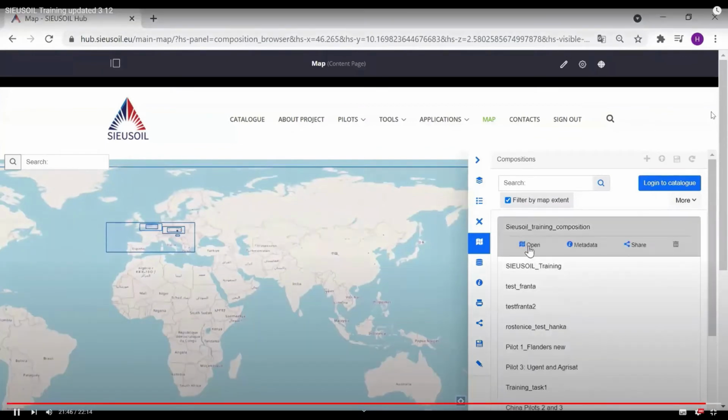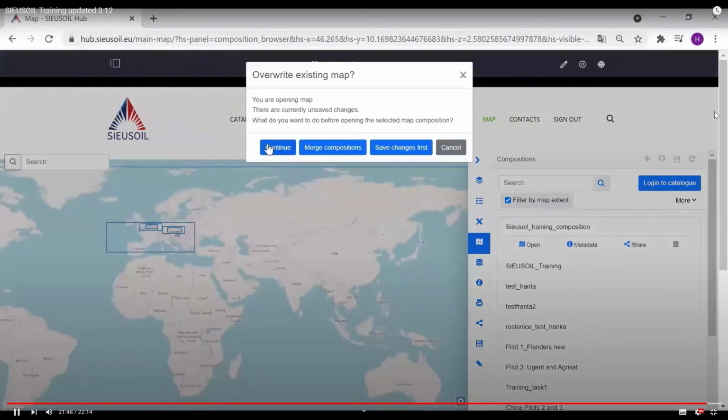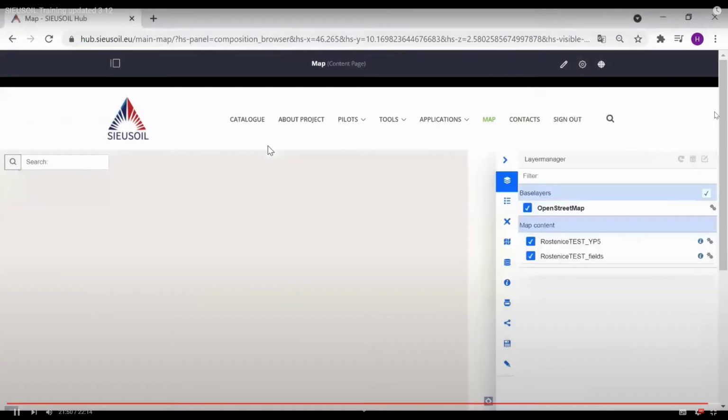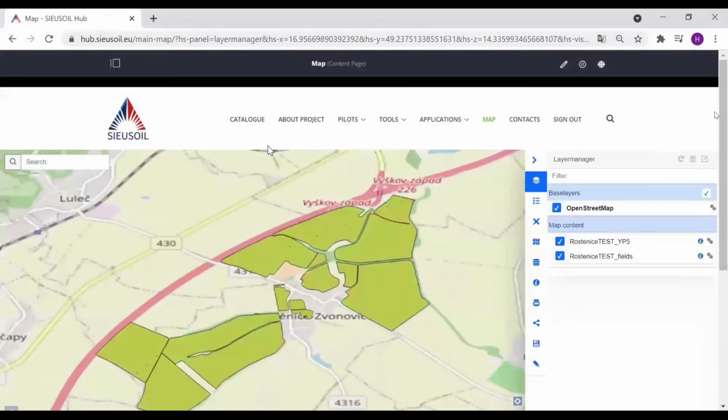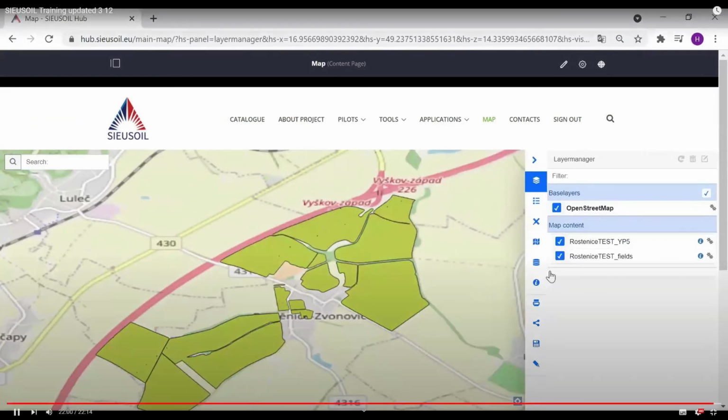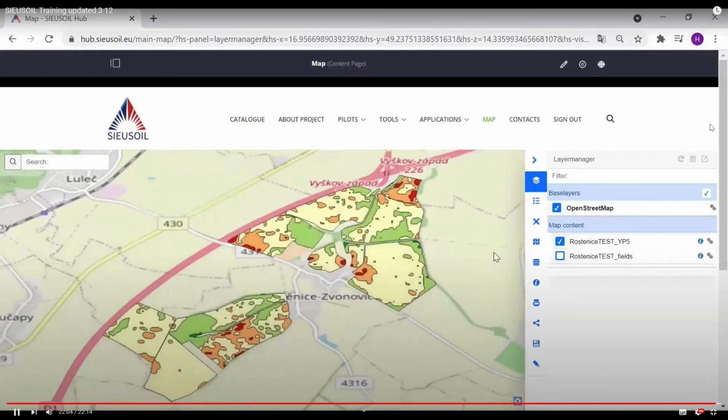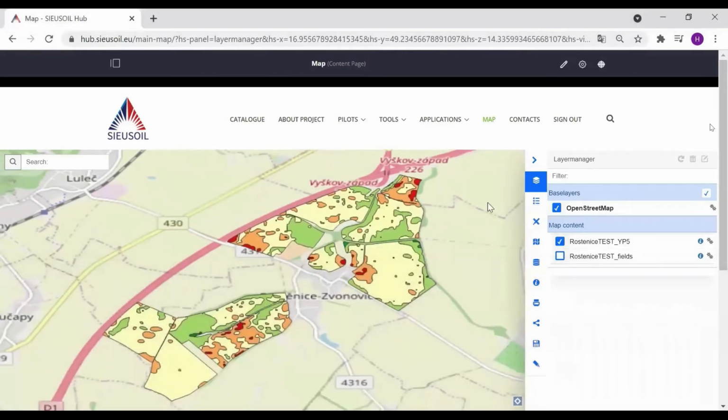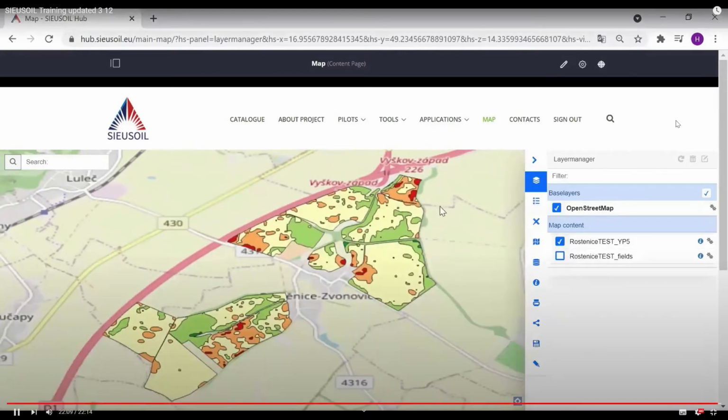So let's click on it, then click Open. As you can see, both layers have been uploaded to the map composition and displayed in HS Layers NG. So this is the end of the QGIS Layman plugin guide.